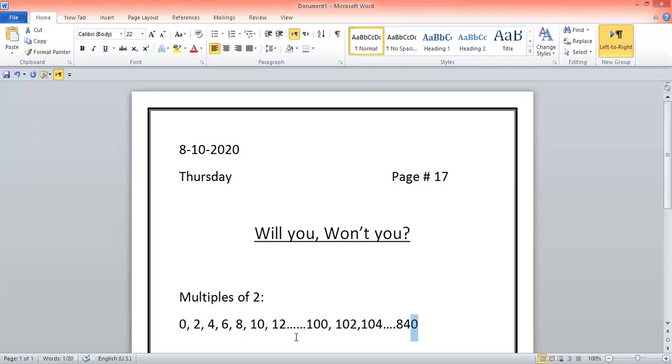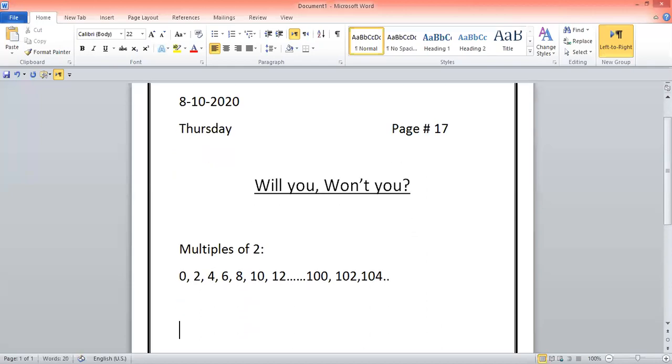If the last digit is a multiple of 2, that means the whole number is a multiple of 2. If the last digit is 0, 2, 4, 6 or 8, that means the whole number is a multiple of 2, and the whole number is divisible by 2. So this is rule 1. What is the rule? Check the last digit